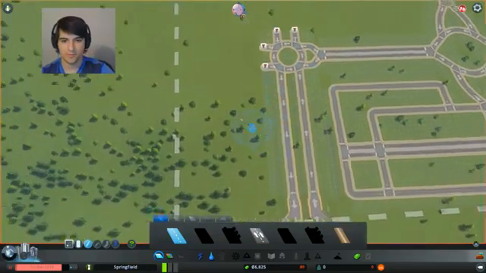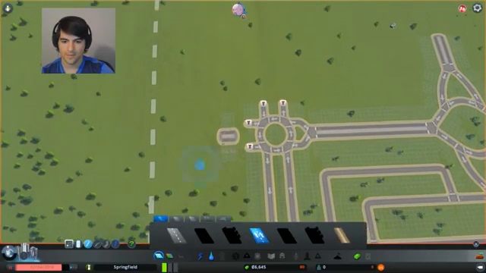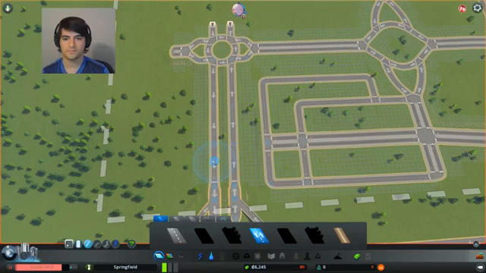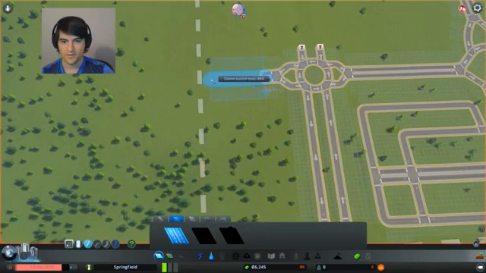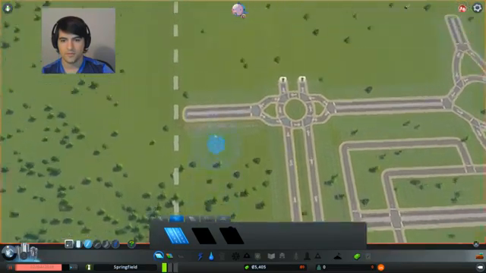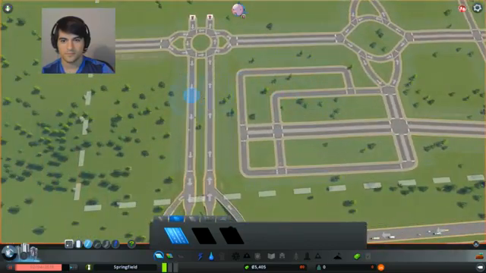Now, we want to make this whole area right here industry. So on that note, go ahead and get that set up. Now what do we do with this? I'd love to have that just keep going, but for now, we're not going to be able to. I'd like all this to be farmland at some point. But